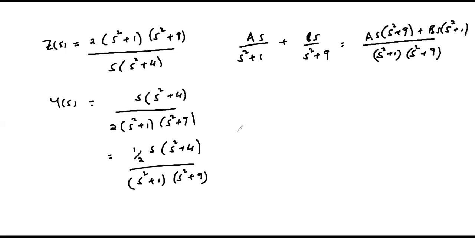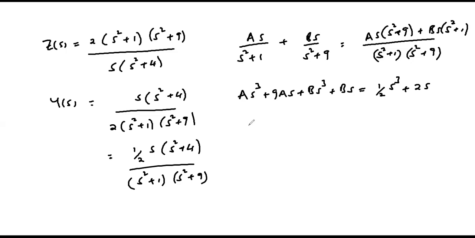If we expand the numerator and compare with the numerator of the admittance transfer function, then we get AS cubed plus 9AS plus BS cubed plus BS is equal to a half S cubed plus 2S,